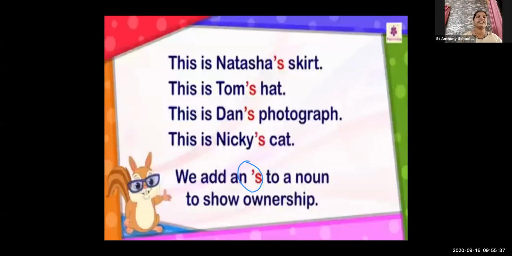So to put it that way, you will say this is Sapna's cycle, this is Neelam's cycle. So when you put the apostrophe, at that time you show the ownership. The things belong to you only. No one else is concerned about that. No one possesses your things. So to show the ownership, we add apostrophe S.